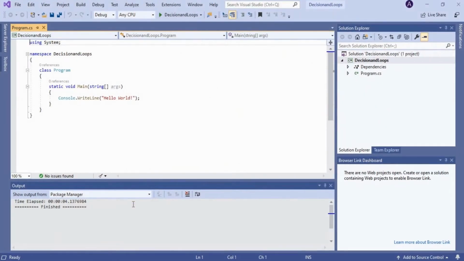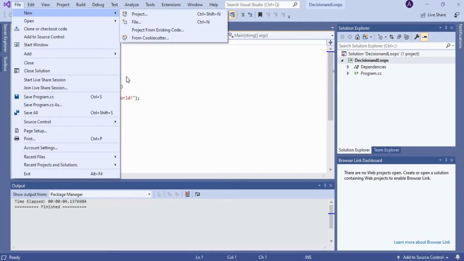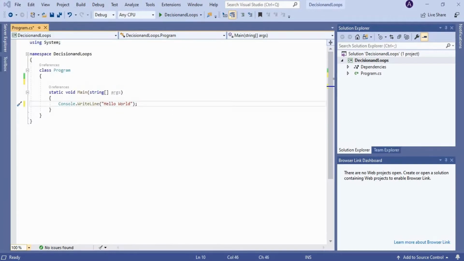Let's create a new project in Visual Studio by clicking on the File menu, New Project, and selecting a C# console application. Now we are going to create a program using looping constructs and decision making statements. The concept of our program is to guess a number which is stored in the mind of the user. We may ask the user to store some number between 1 and 10, and using a looping construct and decision making statement we can try to find the number the user has stored in their mind. So it will be a simple guessing game.